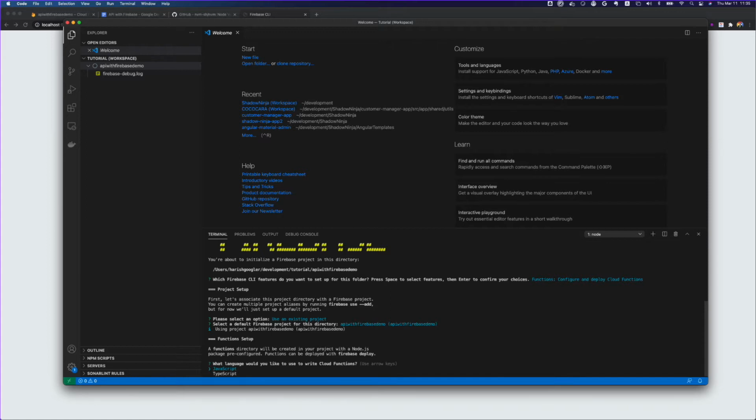Now it's going to check Node.js versions and all, and now it's asking what kind of project you want to do. When you create a Cloud Function, you have two options: either you can go with a JavaScript based project or TypeScript. TypeScript is also JavaScript based, but it is what Google uses to create its own Angular.